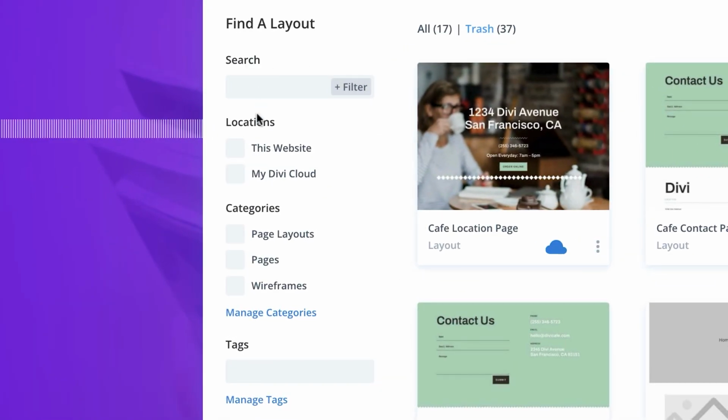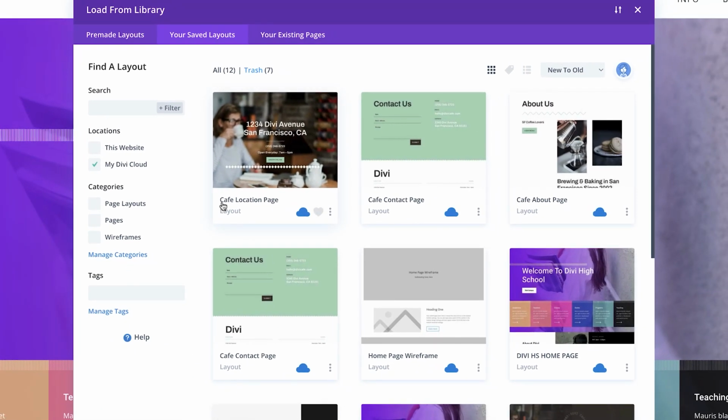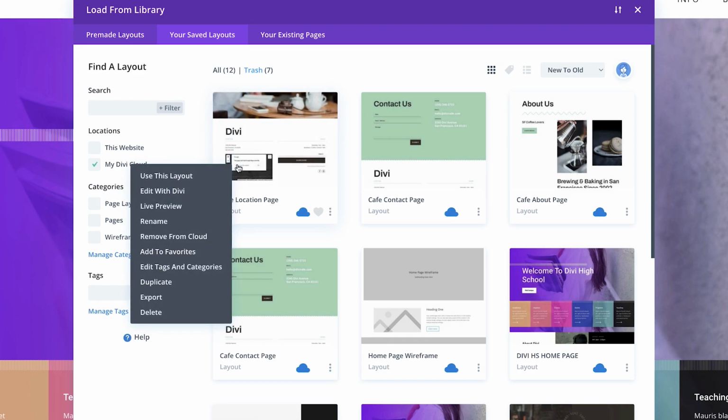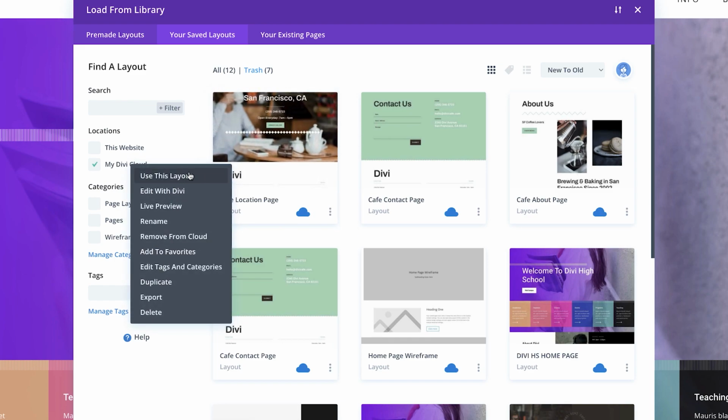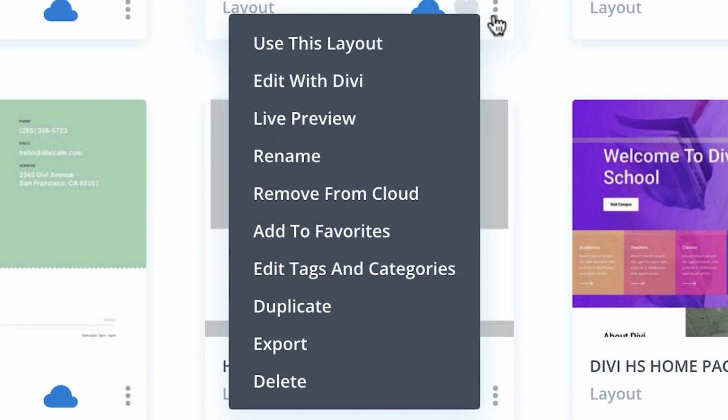Here on the sidebar is where you can search through Divi Builder elements, search your Divi Cloud, and manage categories and tags. Within Divi Cloud, you're able to edit, delete, rename, recategorize, preview, duplicate, and restore from trash Divi library items both locally and on the cloud. To do so, click the three ellipses next to the item that you want to edit and choose from the list of options the action you want to take.